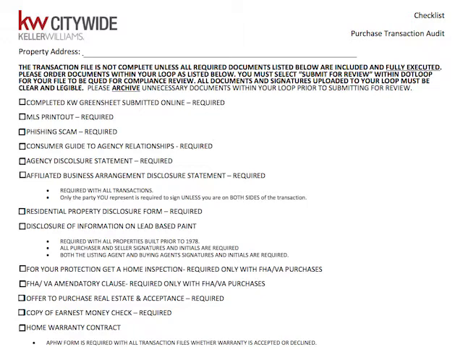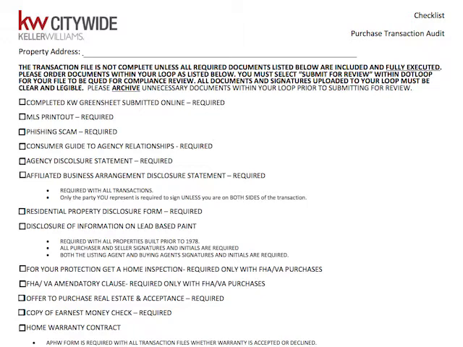The Affiliated Business Arrangement Disclosure Statement. We have an arrangement with Ohio Real Title. Ohio Real Title is a very good company. It's a very large company. We have a couple of representatives that work with our office very closely. They have office space right outside of our office in the hallway by the elevators. And so this is a disclosure talking about our relationship with them, and that we have a financial incentive if